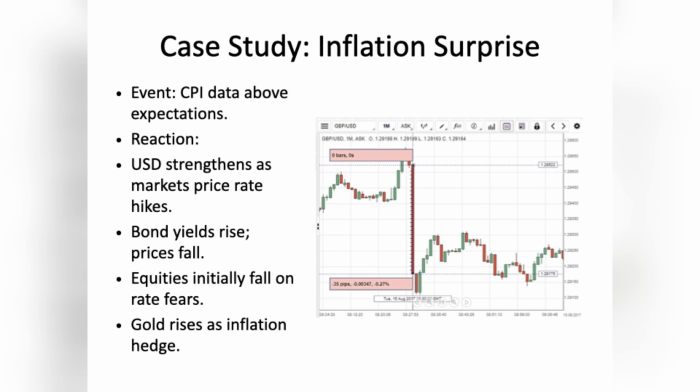At the same time, this data point is purely about the US economy. It doesn't change the outlook for UK interest rates in this moment. So, while the demand for dollars is shooting up due to expected US rate hikes, the demand for pounds remains unchanged in this immediate reaction. When the dollar gets stronger all on its own, and the pound doesn't, the value of pound sterling to US dollar falls. The dollar is now more expensive relative to the pound. This is a perfect example of how Forex is a relative game. It's not just about one currency, but how it stacks up against the other.